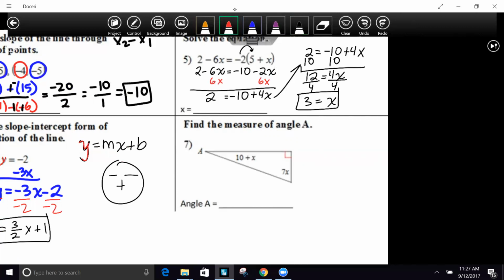Now, find the measure of angle A. What is it? Well, how do we solve it? The sum of the angles must add up to what? So all these angles must add up to 180. So it's going to be 10 plus x plus 7x plus what? What does that little box tell me? Is equal to